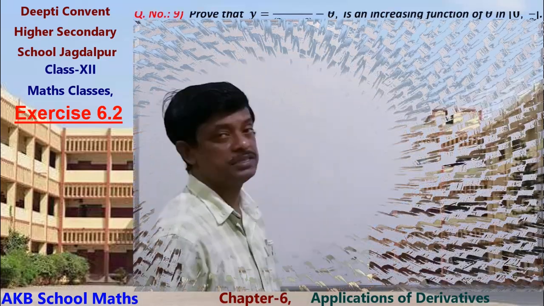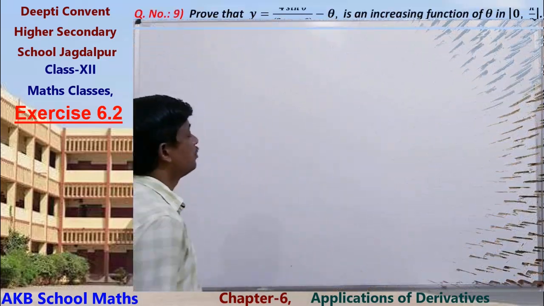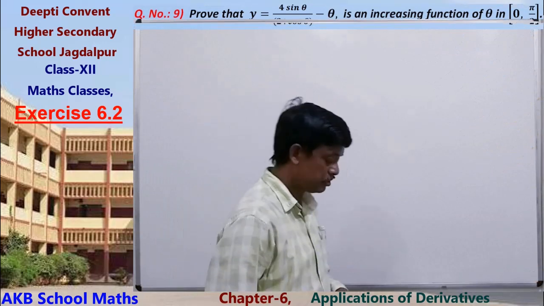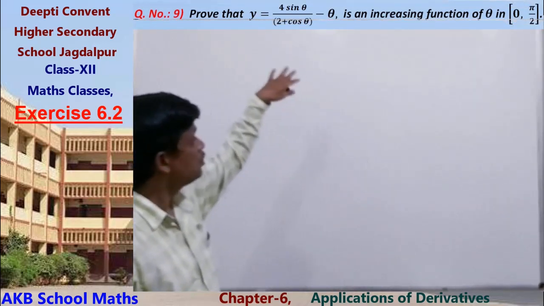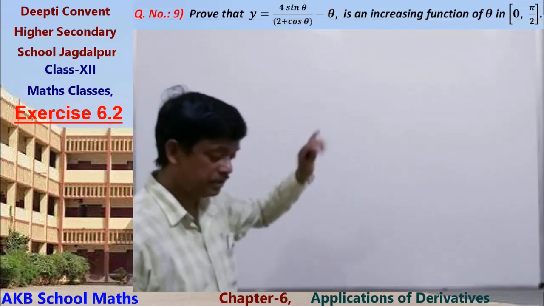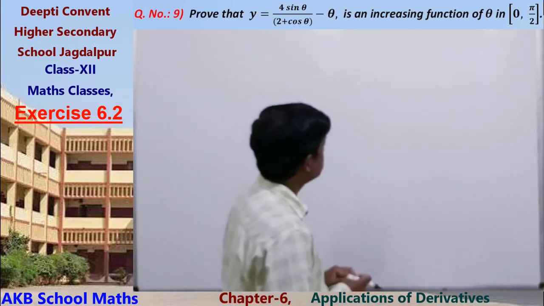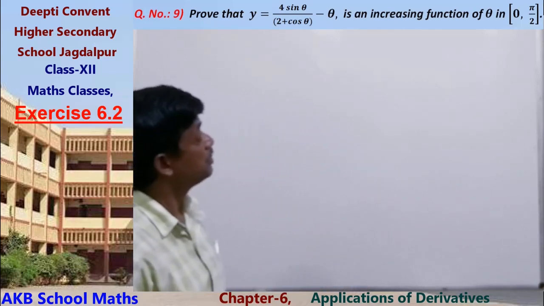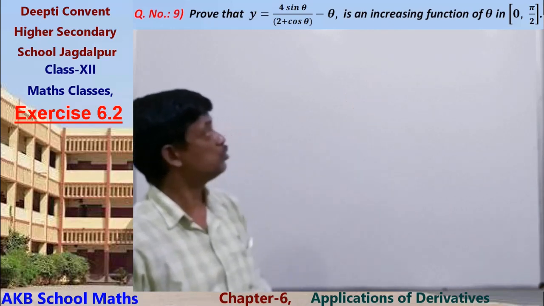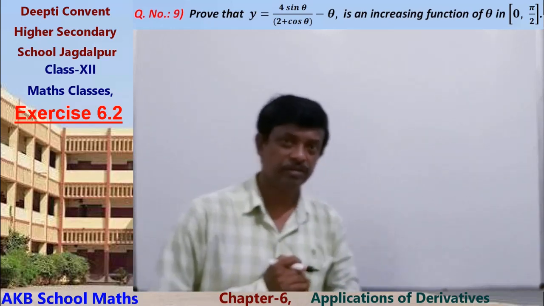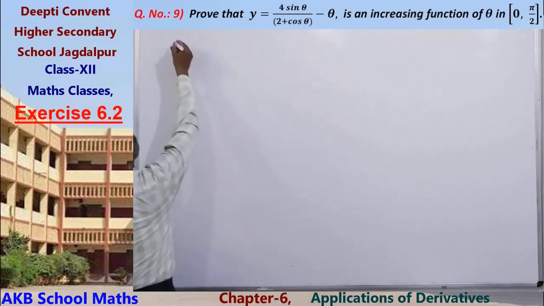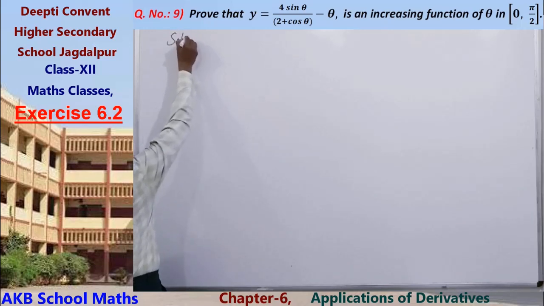Taking another question: prove that the function f of theta equal to 4 sin theta upon 2 plus cos theta minus theta is an increasing function of theta in the closed interval 0 to pi by 2. Okay, so solve it. Solution: